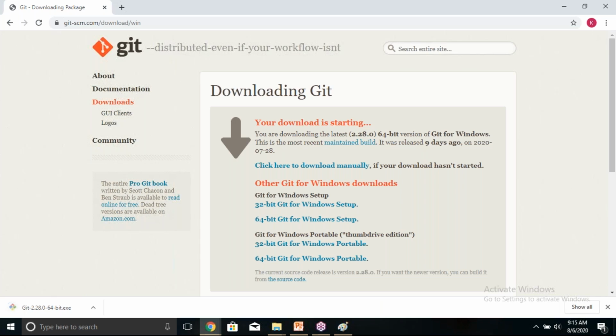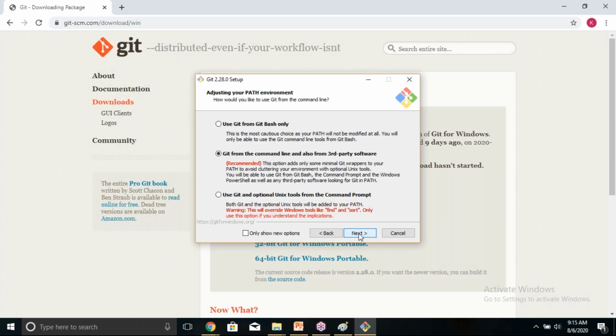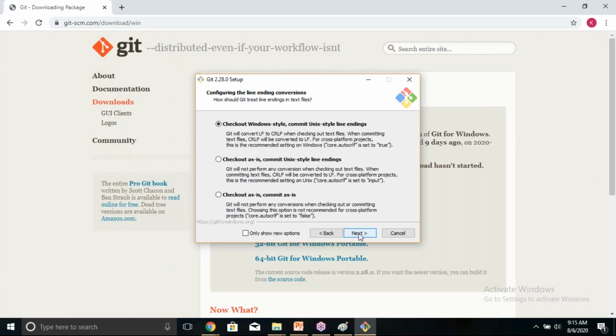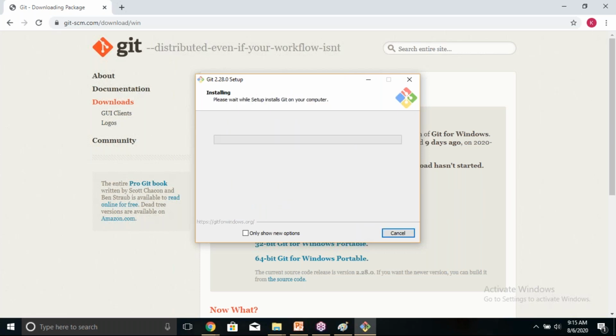Yes, the file is downloaded. Now you need to install this. It's an exe file, isn't it? Are you sure you want to install Git? Just click on next, next, next, next. Done.